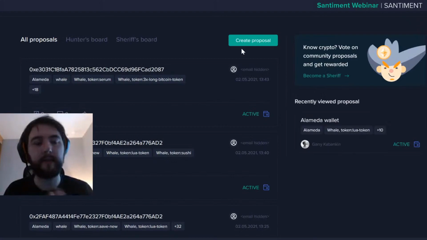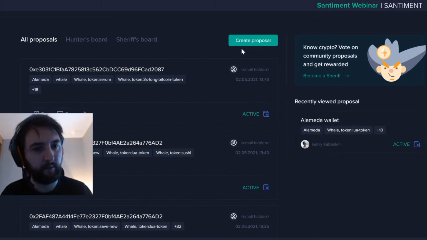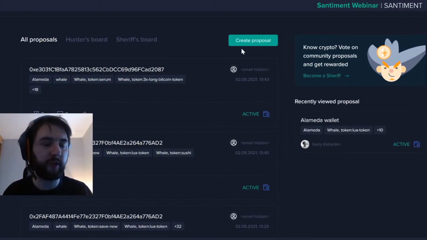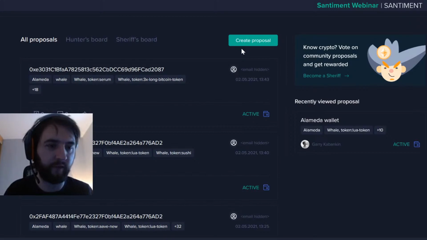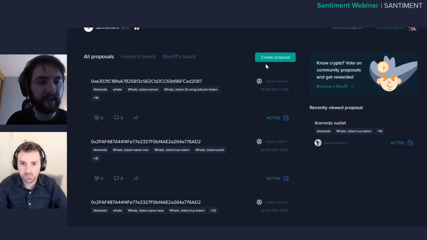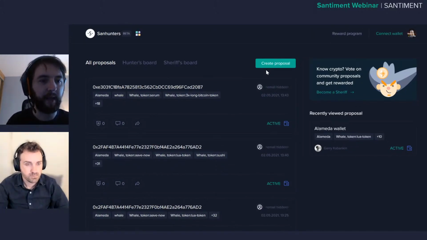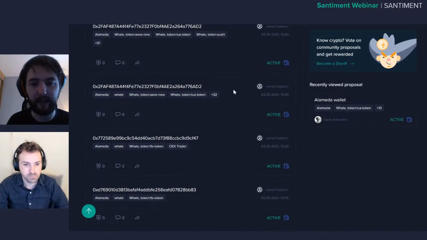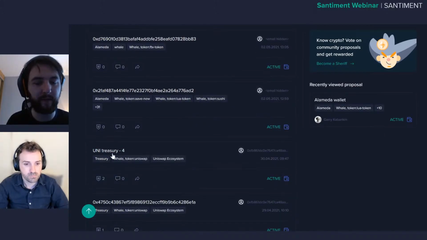So Hunters is a decentralized platform for crowdsourcing market intelligence. Essentially, the reason why we developed this side project is specifically so that we can improve our labeling, particularly our address labeling, and we can reward people that know of certain relevant addresses. So for example, if you know about Uni-treasury addresses that we might be missing, what you can do is you